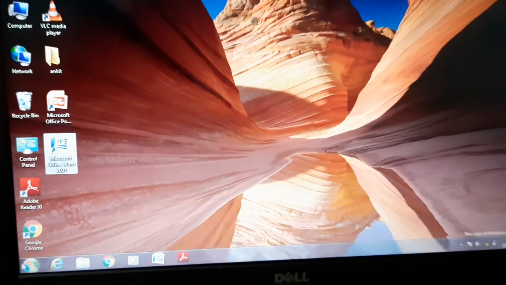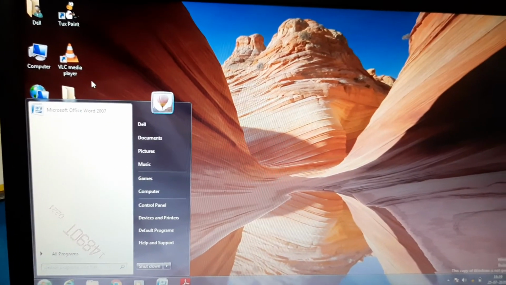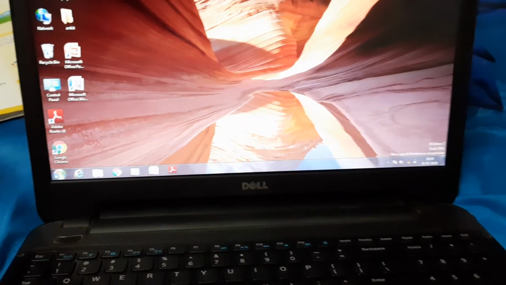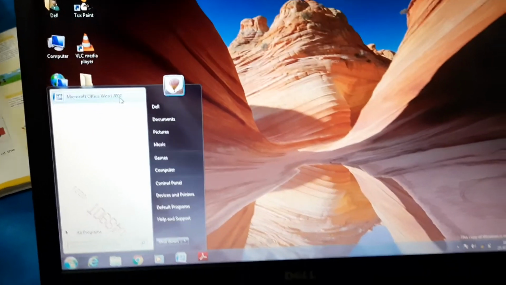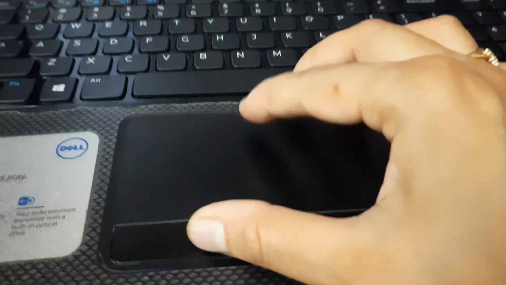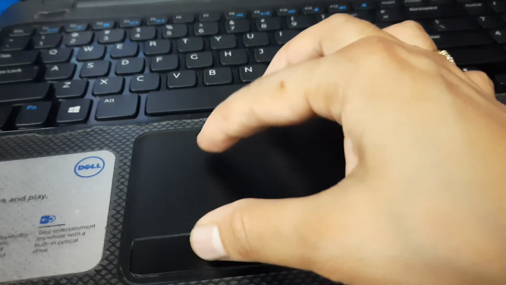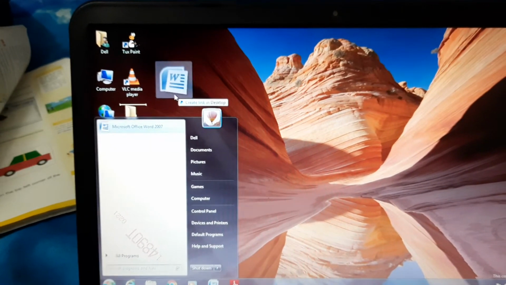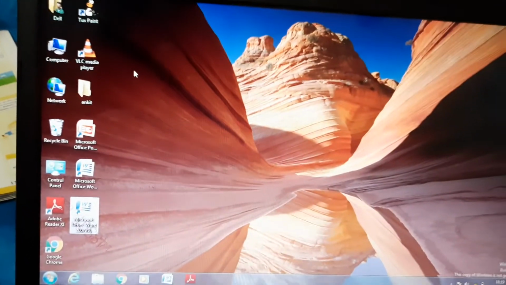This is so simple. Look here, I will go to the start button. Like if I want to create an MS Office shortcut, what will I do? I will select this. Okay, I will go to this. I will put my thumb on this and finger on this, and I will drag this from here. This is how my shortcut is created.